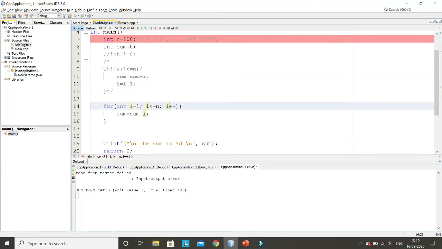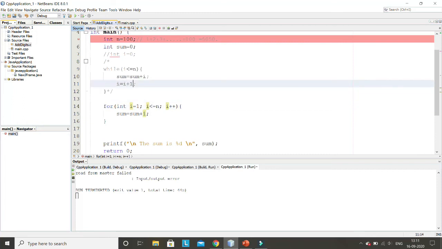And i plus plus is actually incrementing the value of i. So i plus plus and the statement i equal to i plus 1 are the same thing. I will explain what i plus plus is later, but for now you can assume that writing i plus plus and writing i equal to i plus 1 are exactly the same. The meaning is I'm incrementing i every time. If the current value of i is 5, after i plus plus it will be 6. If the current value of i is 6, after i plus plus it will be 7. Like this, every time incrementing it by 1. This is the same thing I'm doing here. So always remember i equal to i plus 1 can also be written as i plus plus.